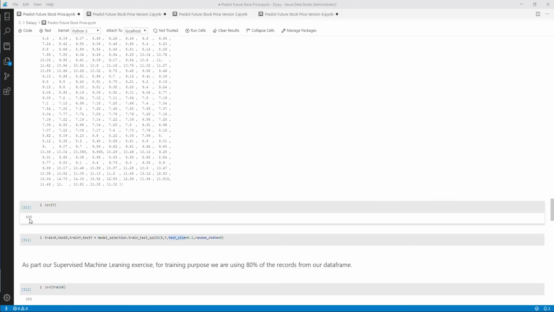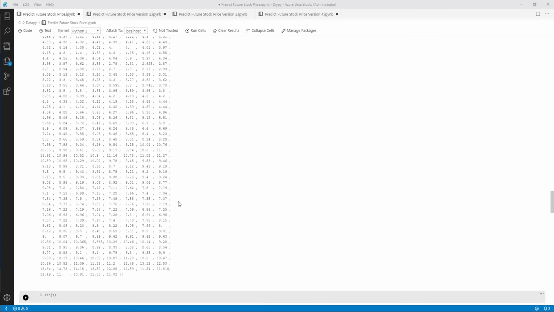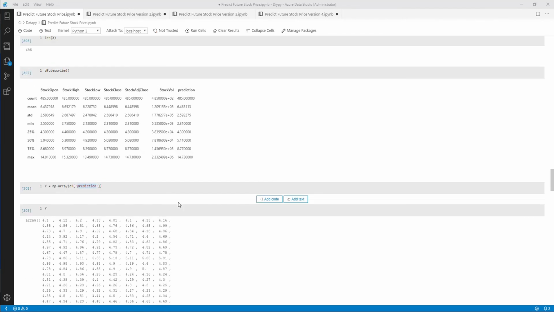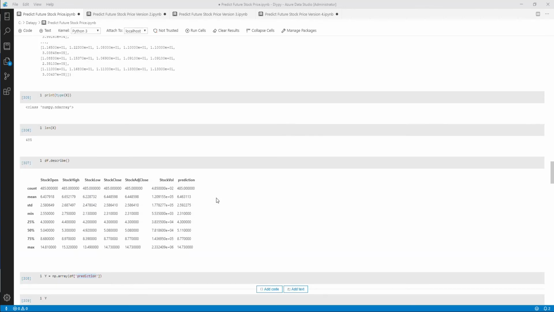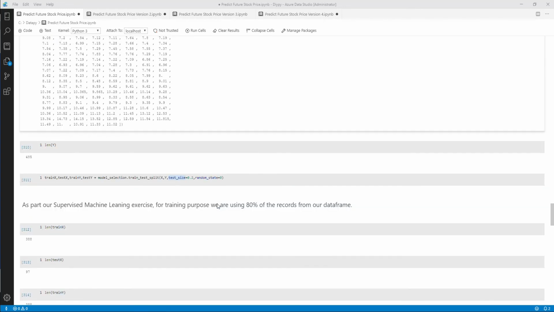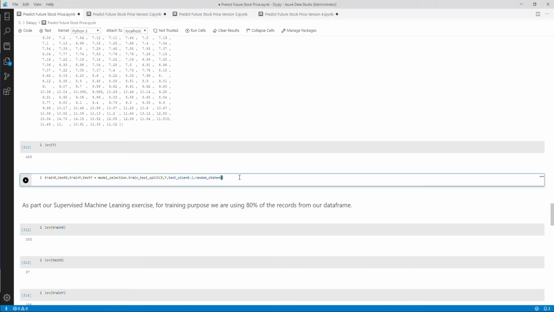You may be dealing with a terabyte or a petabyte of data, so this will take a long time to execute, and then you may have to adjust your test percentages versus train percentages, and you may want to reshuffle the data inside the data set so that you can get a better R squared value. So there are other methods you can apply to improve your model, but if you look at all the steps,